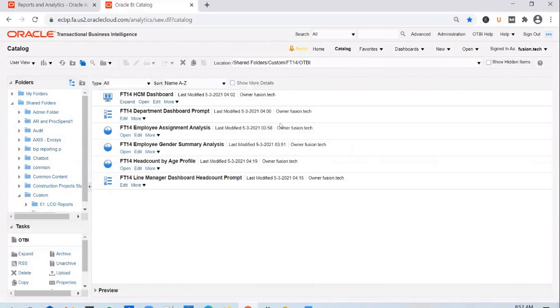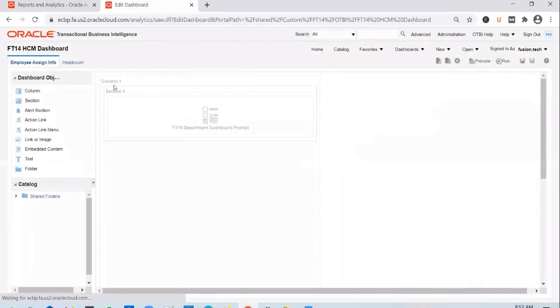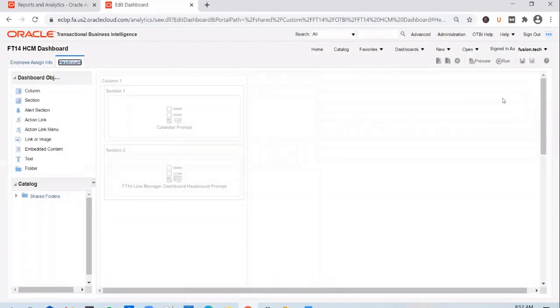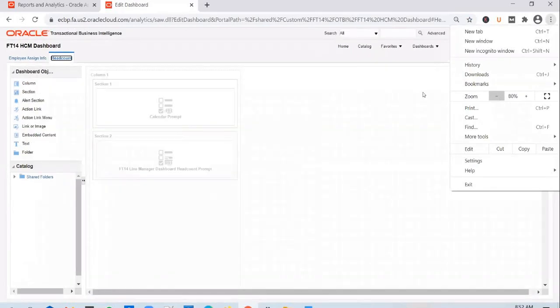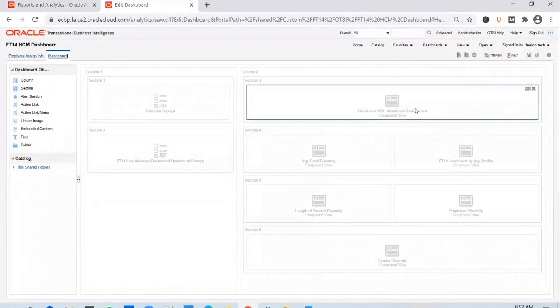Look at the seeded dashboards and look at how Oracle built those reports. Say for example, if you look at this, edit. You see that there is a seeded report attached there. You go in there and look at the definition of it to get a feel of how Oracle has built that. So this is a headcount KPI dashboard. So if you edit it, you can see how they have built it.